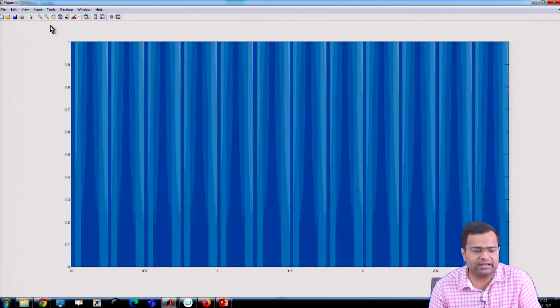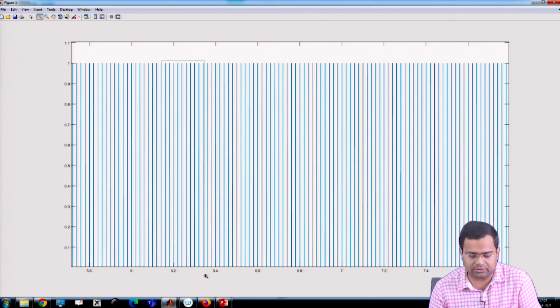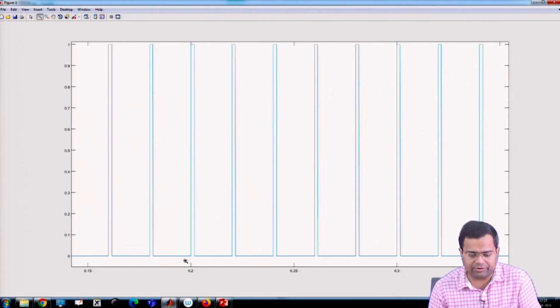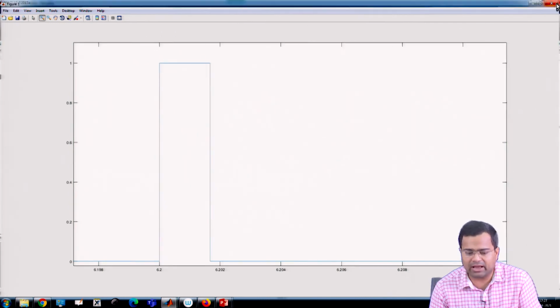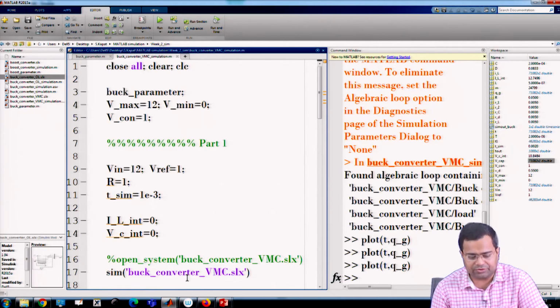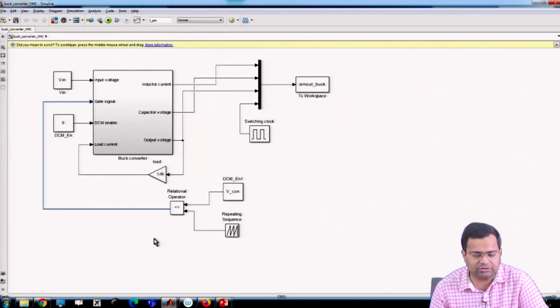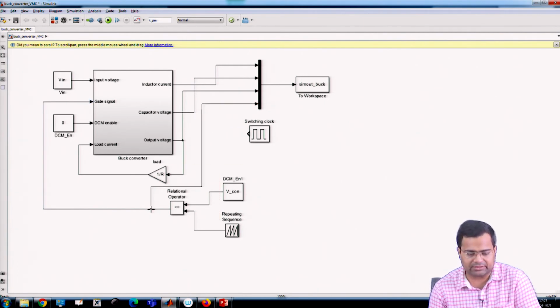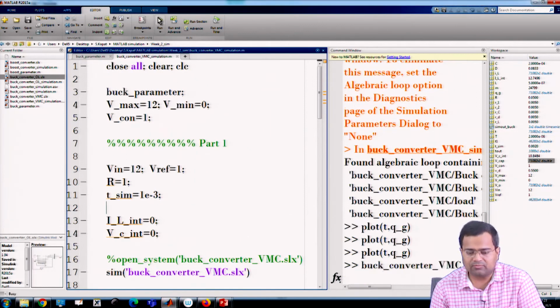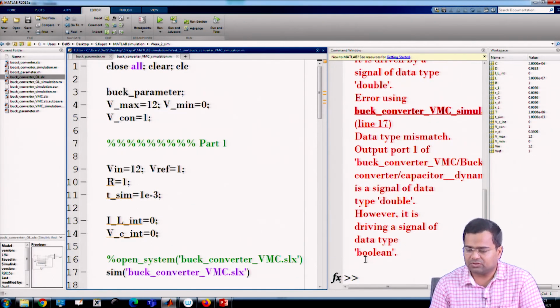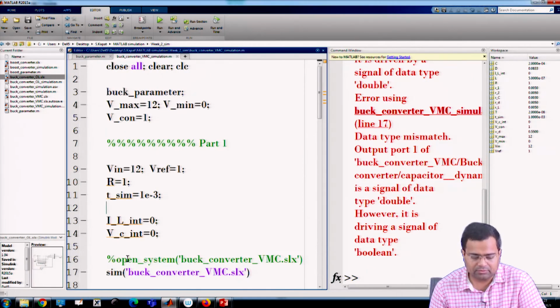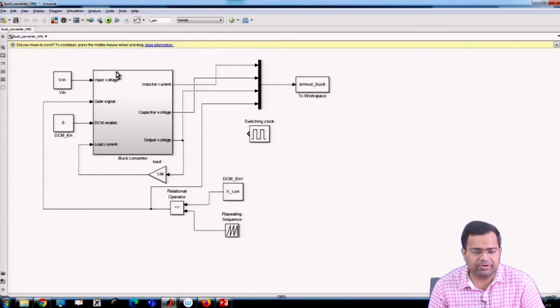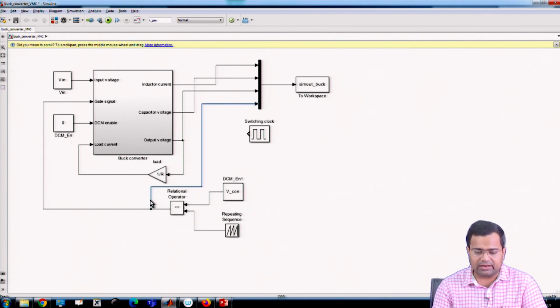Yeah. So, if you take the gate signal, I want to see what happened actually. Maybe the logic is... yeah, it is a very low duty ratio, but then why low duty ratio? The QG, from where are you tapping the QG? Oh, we should tap from here. Okay, let us run it. For the driving signal, maybe we need to put a scope on the driving signal. So, QG gate signal, okay, relational operator.